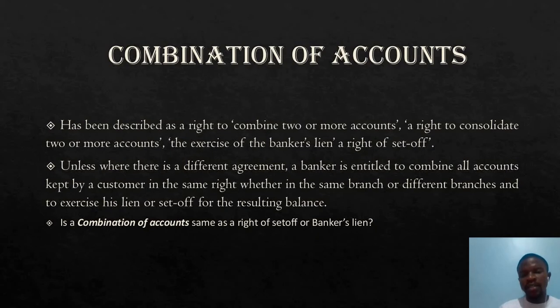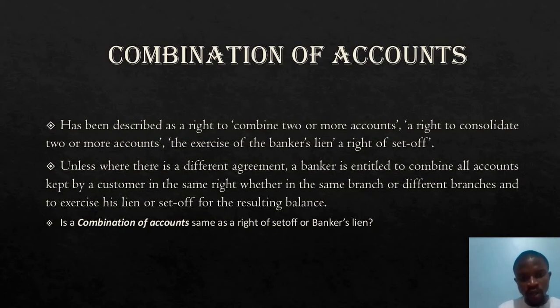It is expected that a banker should know that accounts opened in his bank are supposed to be handled separately. It is usually where there is a default of payment, probably in a mortgage or in a loan, and the banker decides to offset this mortgage by going to check for the balance in the customer's other accounts that he has with him, that is the banker, that combination usually arises.